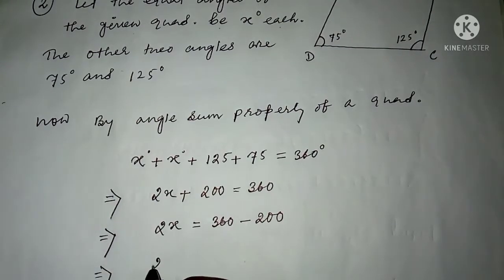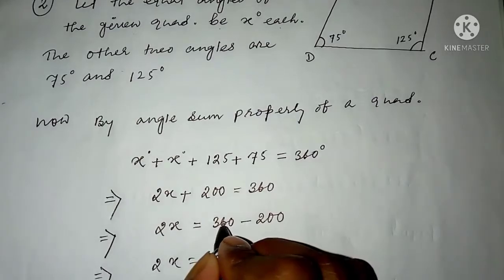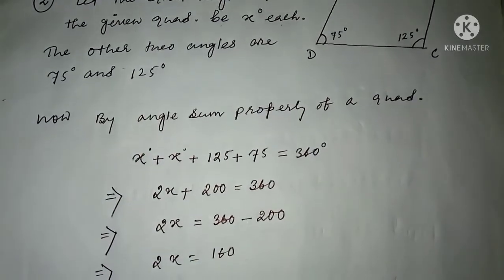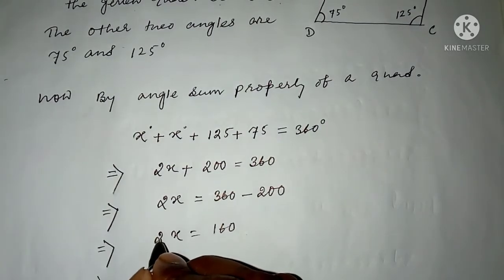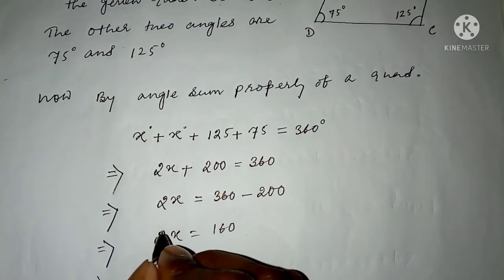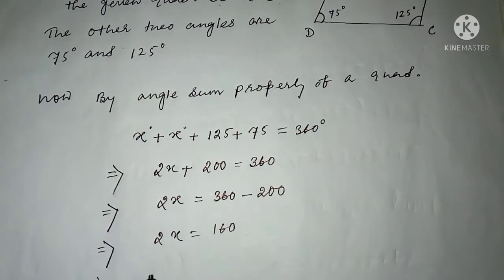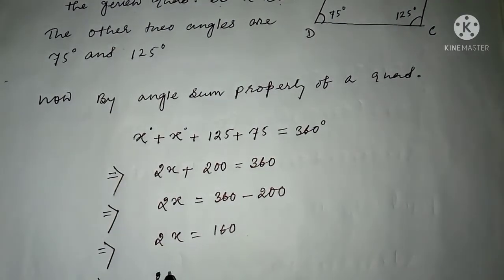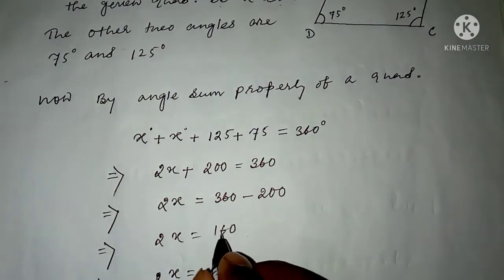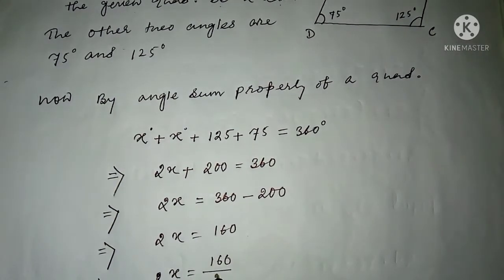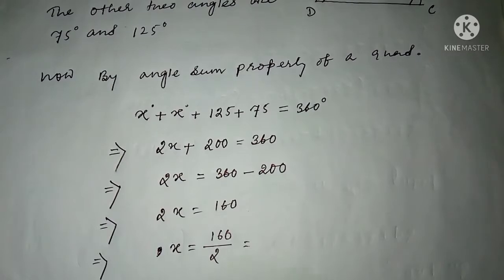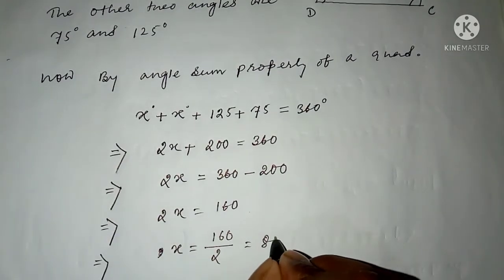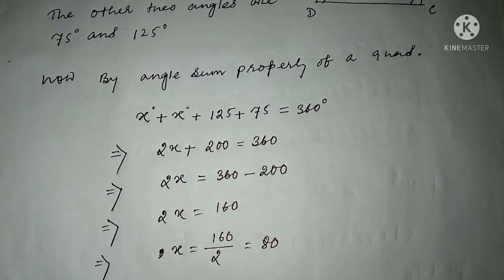Then you see here, 2x equals 360 minus 200, it is how much? It is 160. I need to find the value of x but not 2x. That means I don't need this 2 here, so I need to eliminate it. If I divide both sides by 2, the 2 cancels, then it will be x, and it will be 160 by 2. Or you can see you have shifted the 2 to the downside. Then 2 divides 160, it is 80. So therefore x is how much?